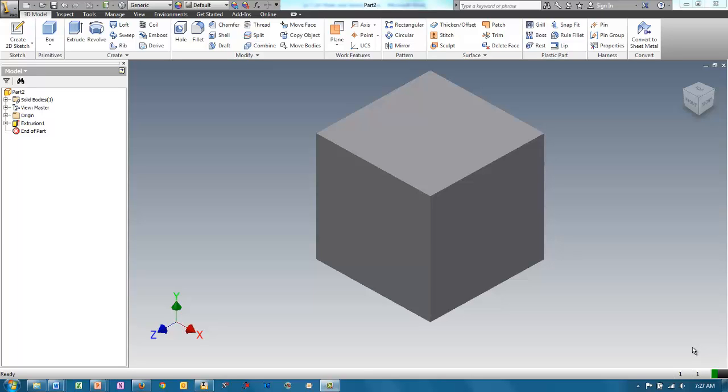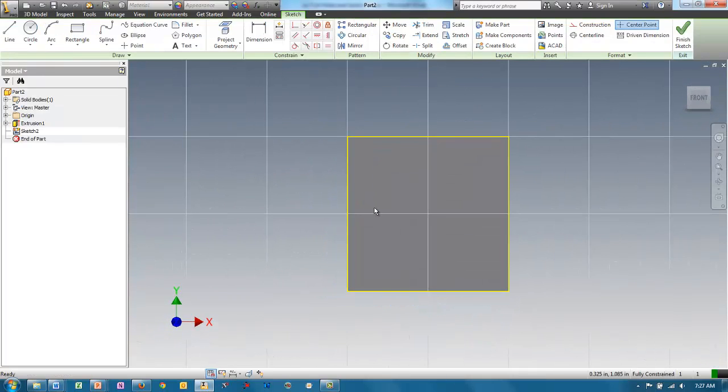This screencast is about making holes in Inventor. I have a cube here that I've made. It's 2 by 2 by 2, and I want to illustrate how to make a hole using the hole feature on the modify panel. So first thing I'm going to do is create a sketch here, and